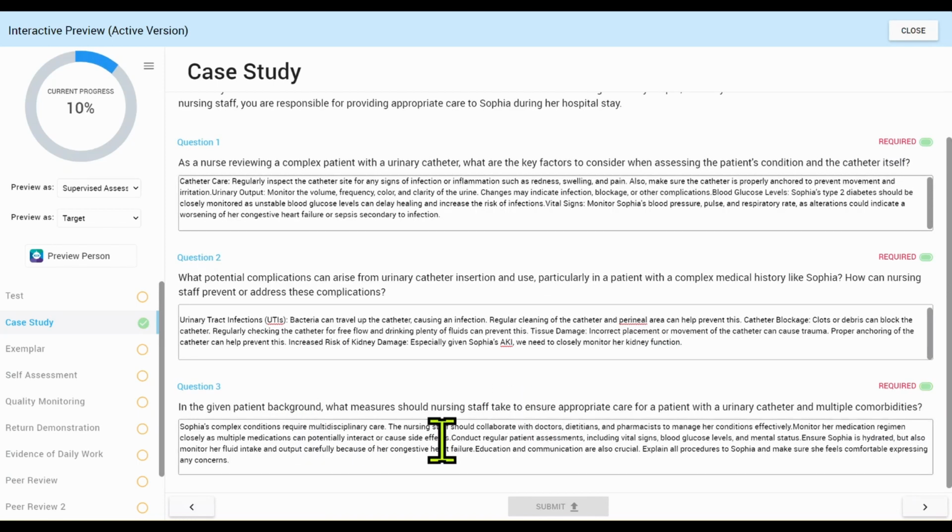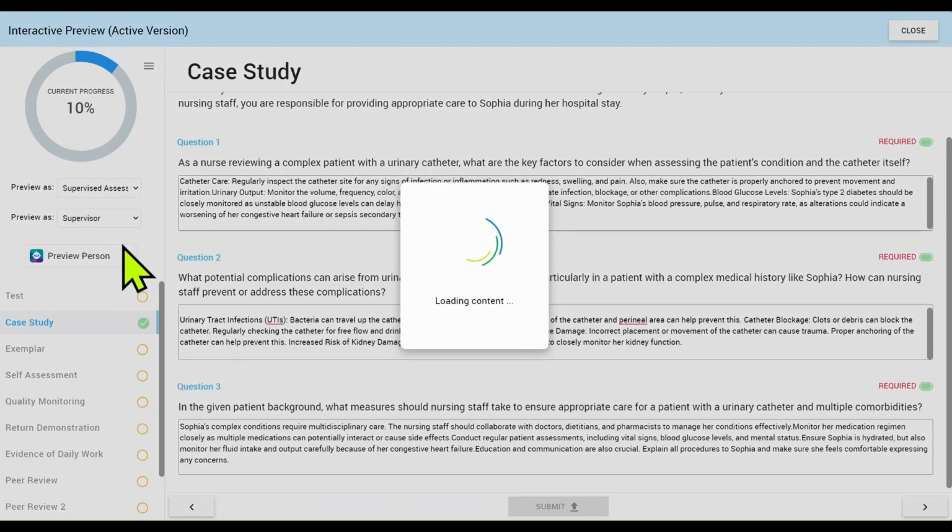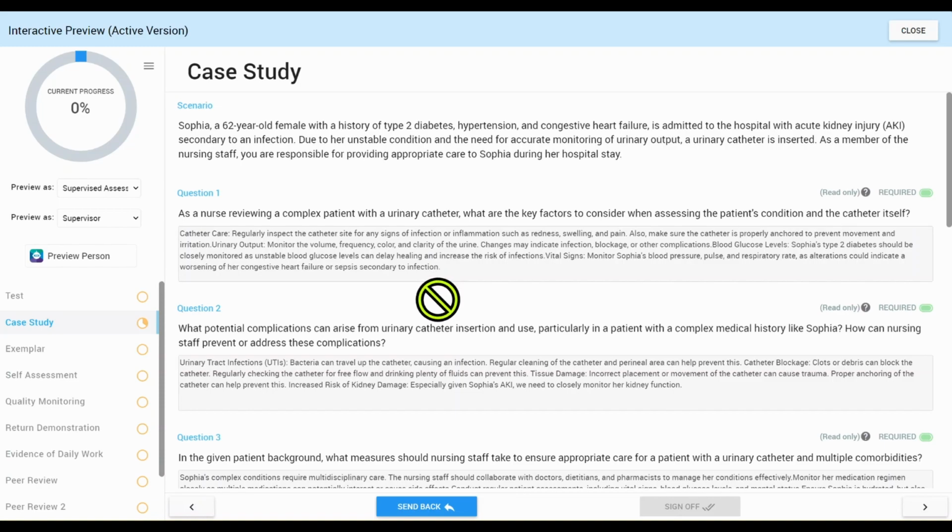And once this is done, we can see the green tick appear. This just means that the nurse has completed their content and they are now ready to submit it to an assessor. So now if we preview this case study as an assessor, the assessor can see the responses from the